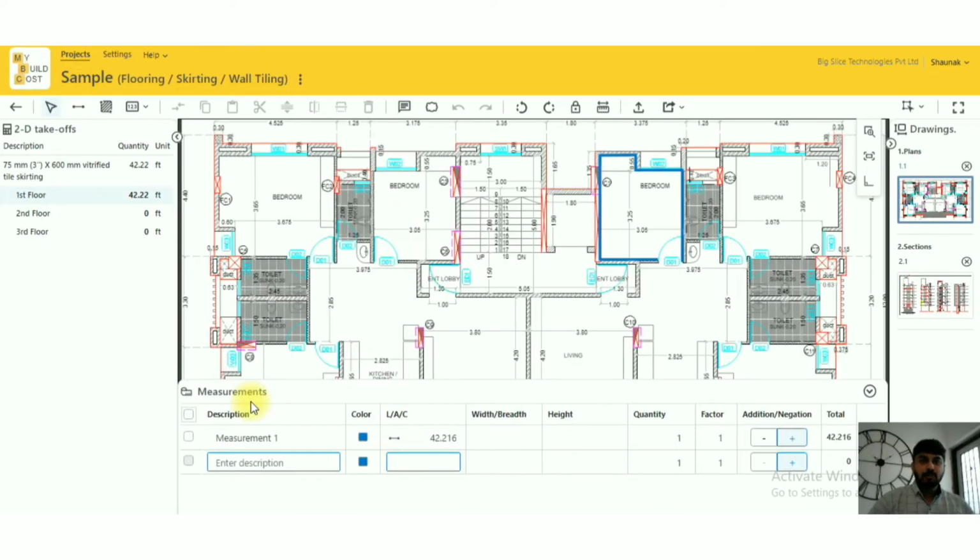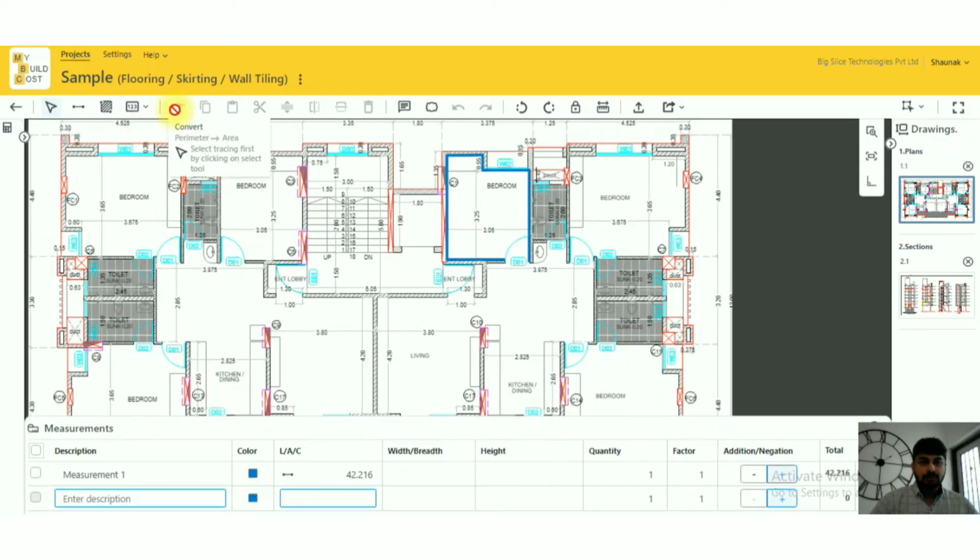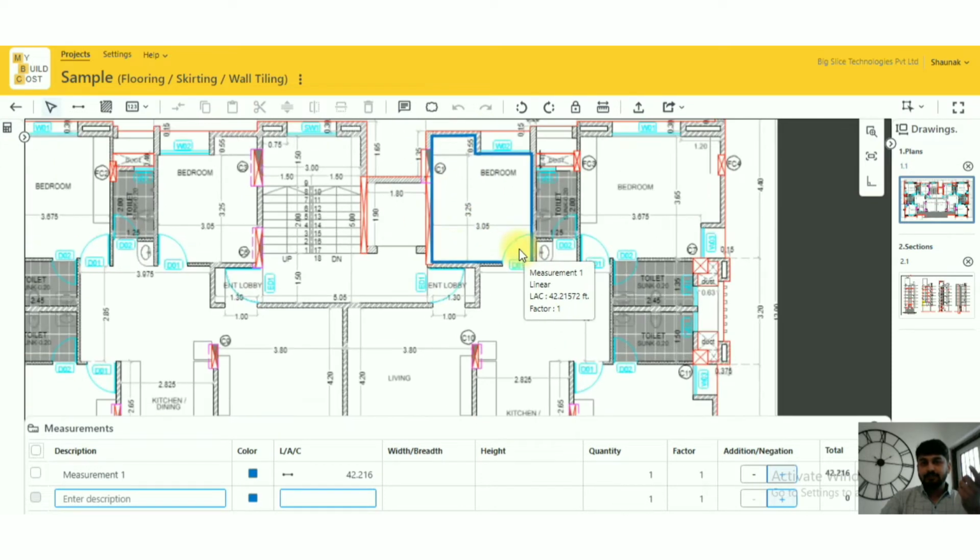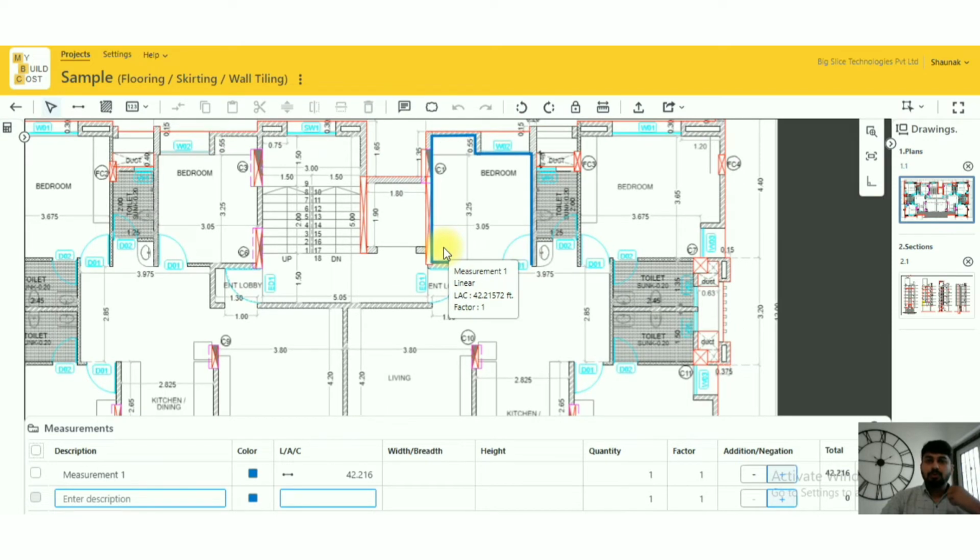So the next feature we'll talk about is convert. Convert is basically you can convert your linear tracings into area tracings, and soon we will get area tracing to linear tracing conversion also, but it's not available at the moment. So I've done a skirting measurement here already, which is a linear tracing, and suppose I want to convert it